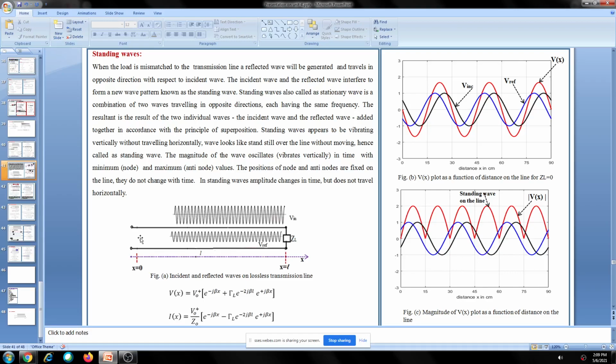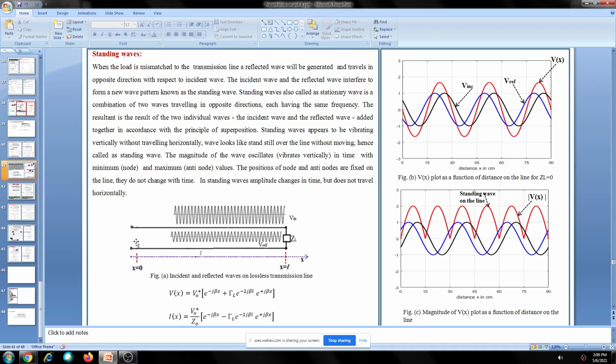1 gigahertz means 30 centimeters wavelength. So I took 30, 60, 90. This is one wavelength, 2 wavelengths, 3 wavelengths. The length of the line is 3 lambda, from here to here. 3 lambda means automatically 3 cycles will be there. You can see here 3 cycles. Any wave you take, 3 cycles are there, because the overall length of the line is 3 lambda, 90 centimeters, because the frequency applied is 1 gigahertz.